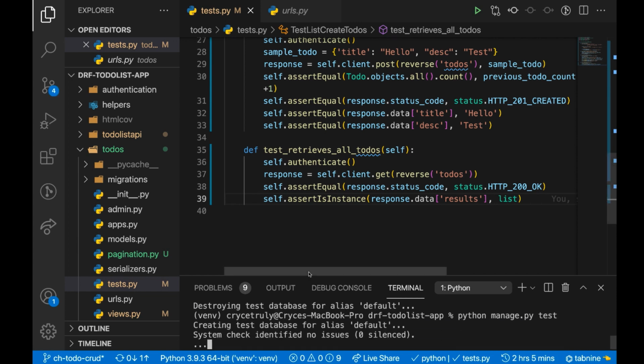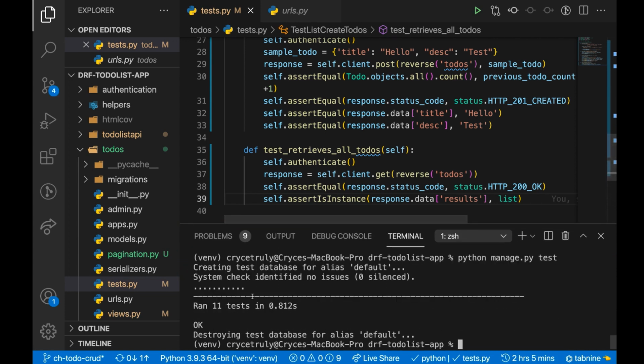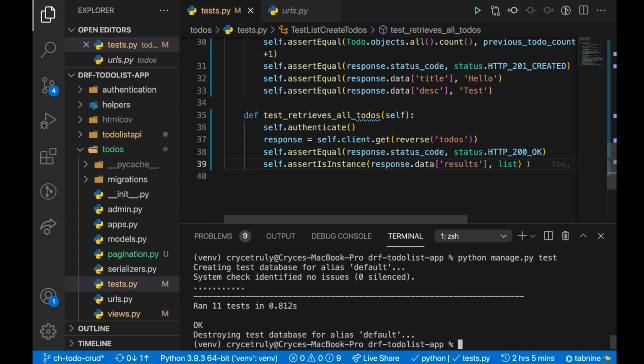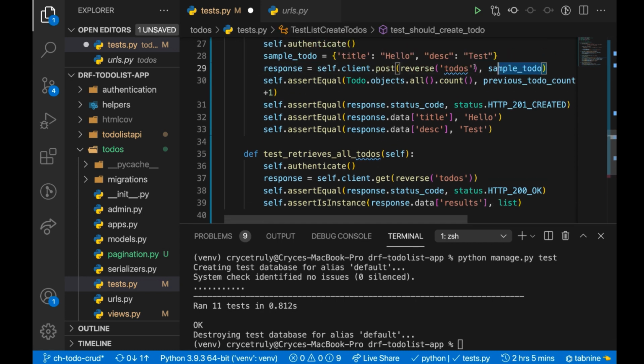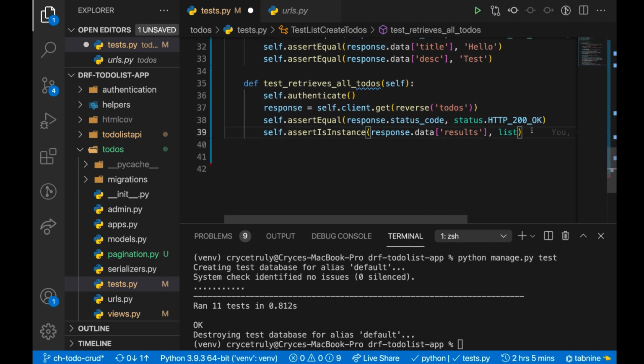They should be 11 and they should all pass. And you can see that now they are all passing. So that's good. If we want to check that whenever we create, we get the pagination links, we can also add that. So I'm going to go here and copy this. And obviously you could write this one better, but I'm just showing you basically what